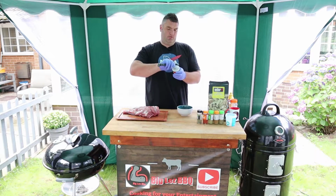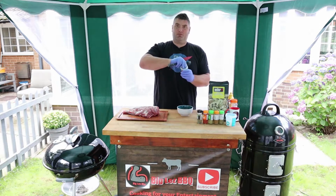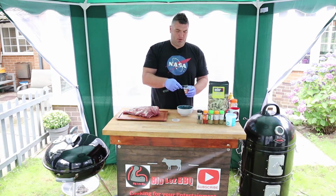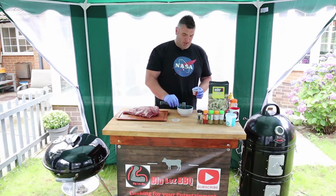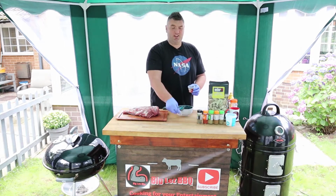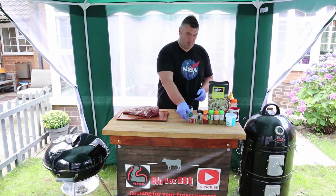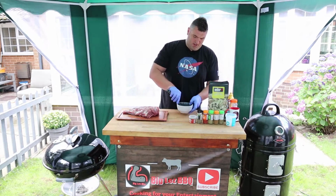and just because I like the savoury note, and again some childproof lids, and it really helps with that smoke ring development, 1 tablespoon of celery seed. Yes, it does help with the smoke ring, but it also adds a real nice savoury note